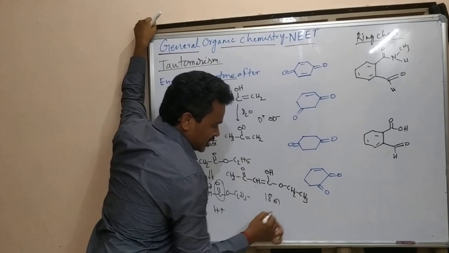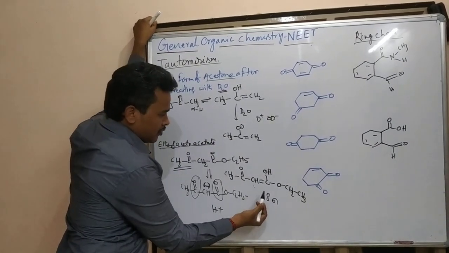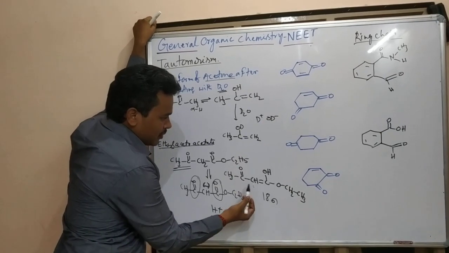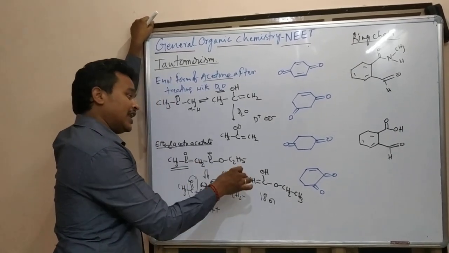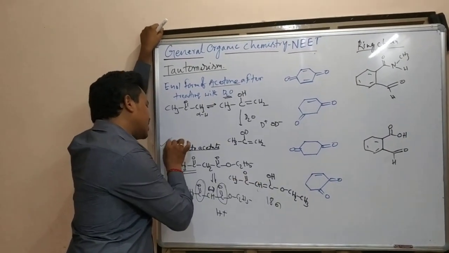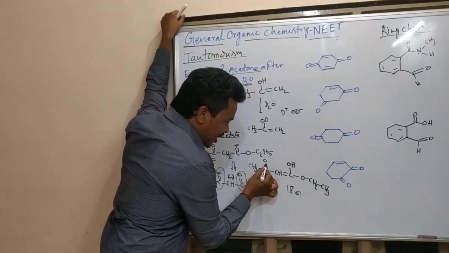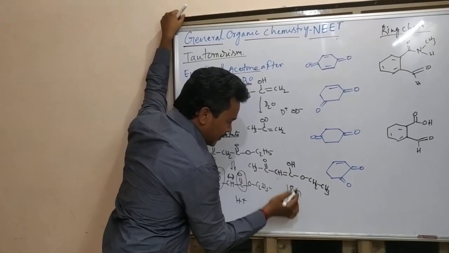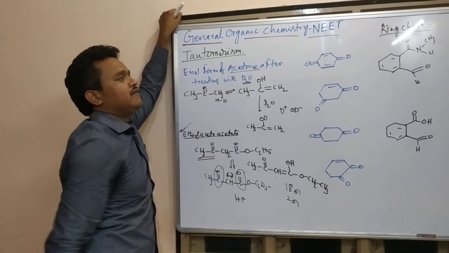18 sigma bonds are there, you are going to collect. This is a previous year question, an ABMP question. And after that, how many pi bonds are there? They are asking the number of sigma and pi bonds in the enol form of ethyl acetoacetate. In the enol form, how many double bonds are there? One pi bond, and this is the other pi bond. Only 2 pi bonds are there. This is the previous year question, 8th question.